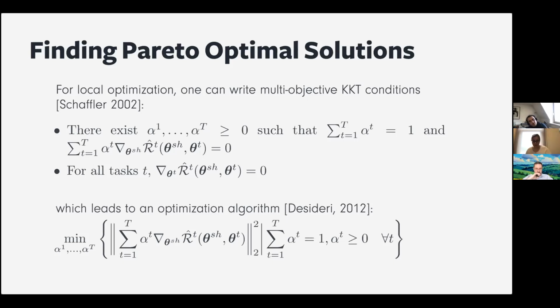And you can write the Karush-Kuhn-Tucker conditions. These conditions are basically this. If I compute my gradients with respect to the shared parameters, and I look at the convex hull of the gradients, so basically a weighted sum, a convex combination of these gradients, if the 0 point is within this convex hull, I am in Pareto stationarity. It means that if I can find the right weighting such that these gradients can cancel each other, I am at Pareto stationarity.